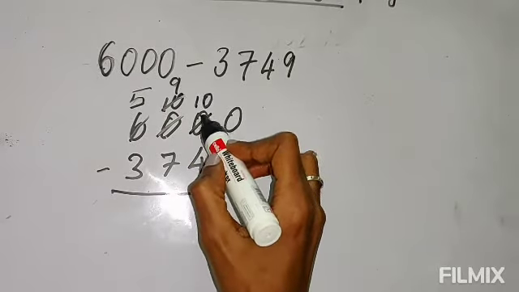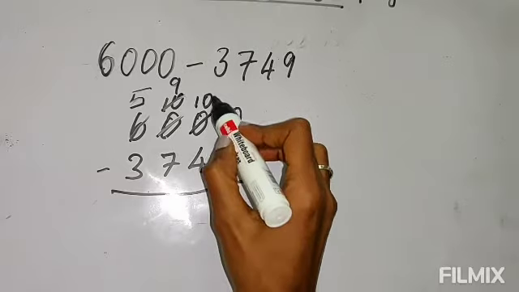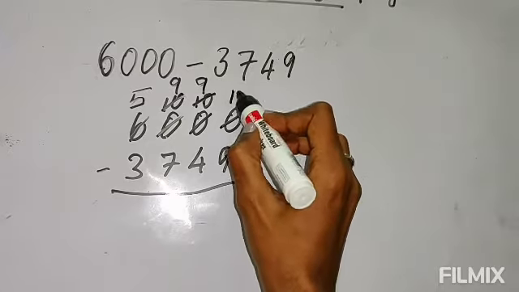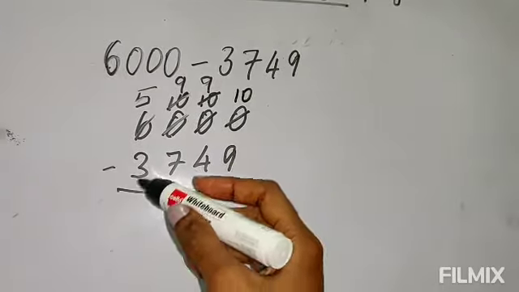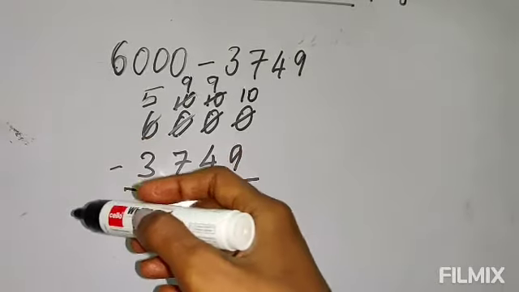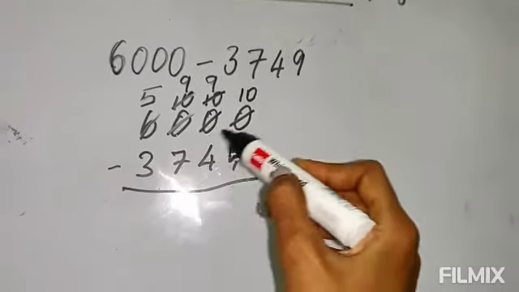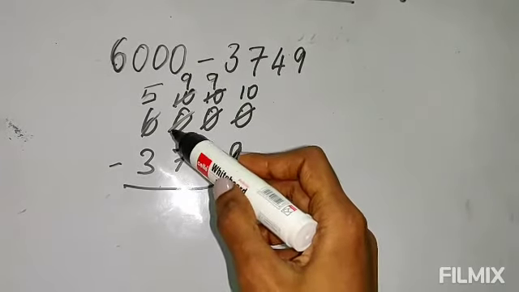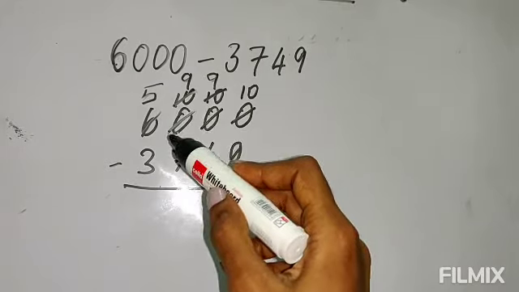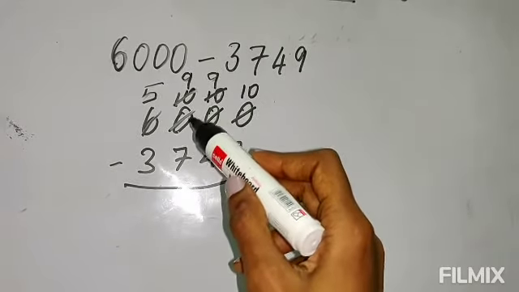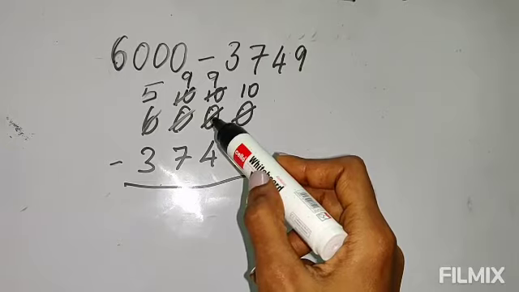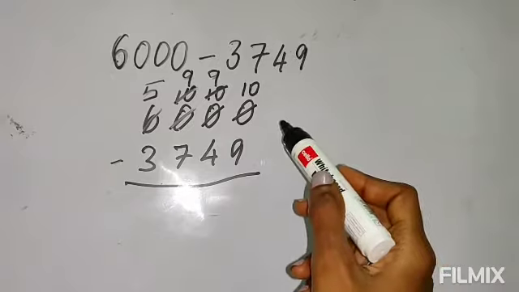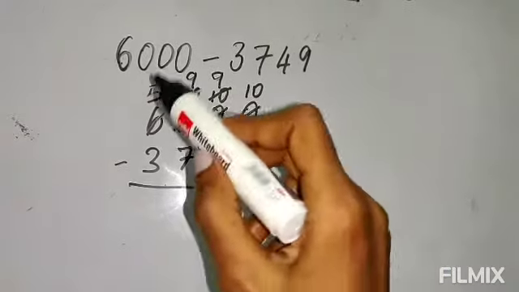Again from this 10 tens you will give 1 here. So there is an order of borrowing. You cannot directly borrow from 2 digits or 3 digits to the left. From the next digit only you can borrow. If you cannot borrow, then you will go to the next left side digit, and when you borrow there, you can give to the next number on the right only. The first digit on the right will get first, then only the next digit will get. So you should go in order.